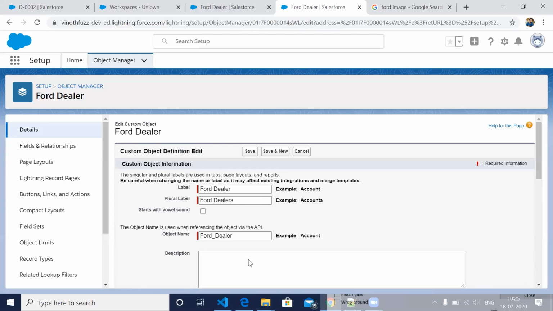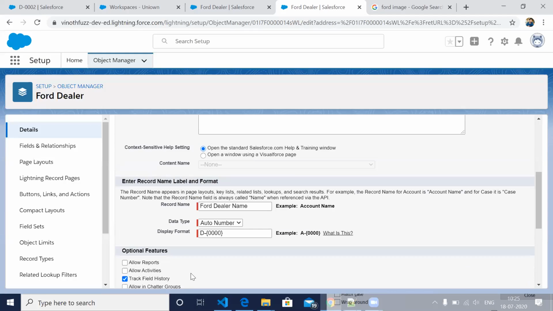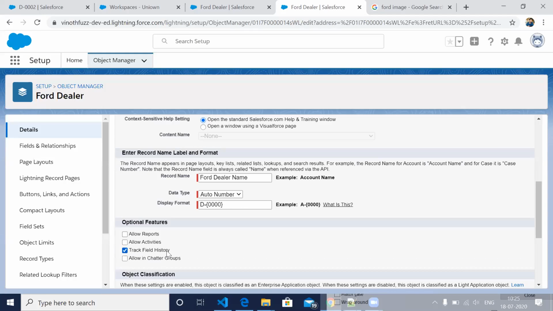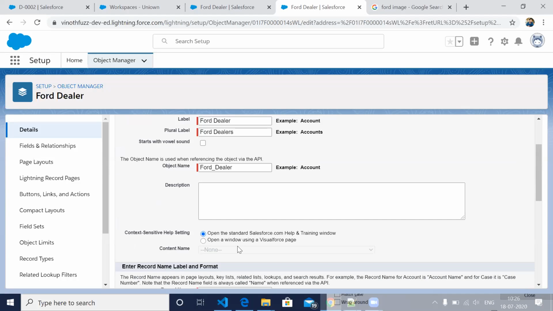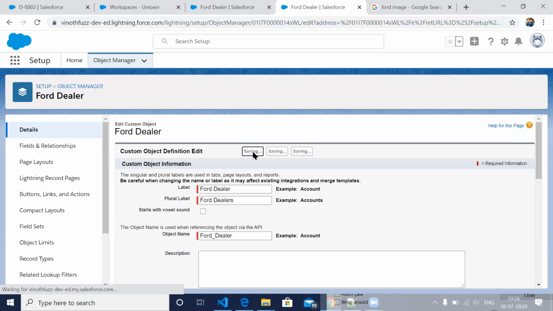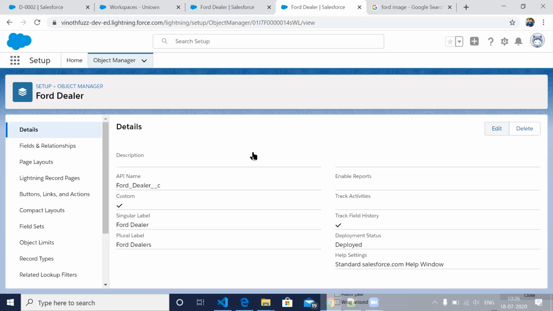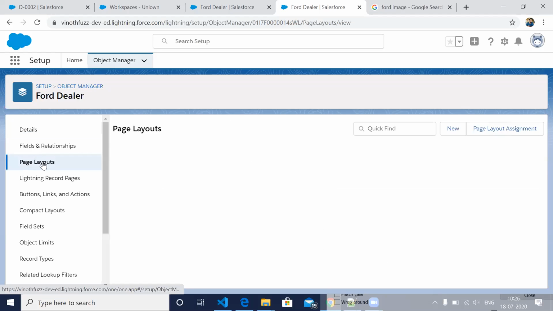I think we have to enable it at the object level also, track field history. I'm not sure. Let's check whether it's coming.